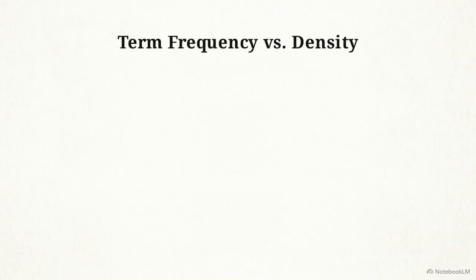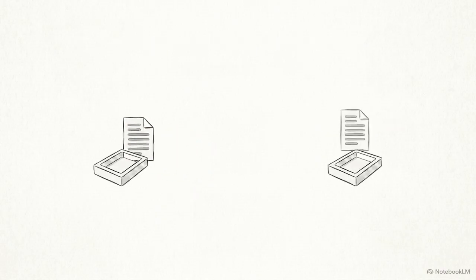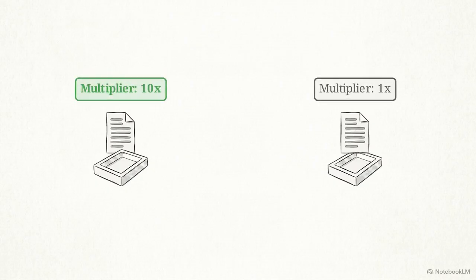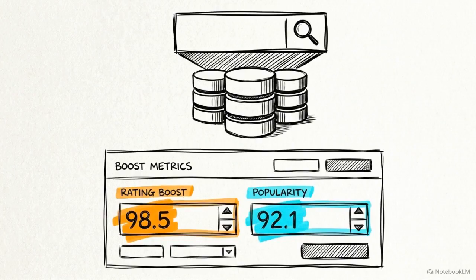Search engines use scoring algorithms like BM25 to calculate mathematical relevance. These models look at term frequency, how often a word appears, relative to the overall density of the document. Field importance dictates the score. A match in a document's title receives a much higher multiplier than that same keyword buried deep within a long description. Engineers influence these rankings by injecting specific business logic, mathematically favoring documents based on popularity, ratings, or publication dates.